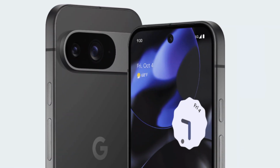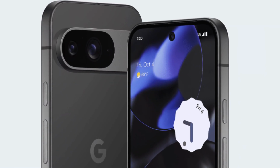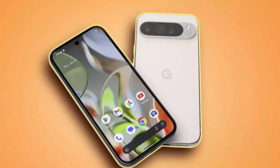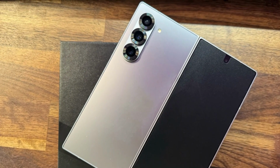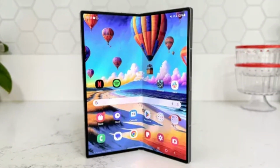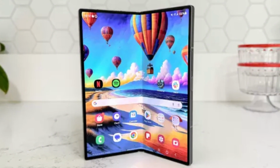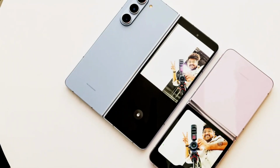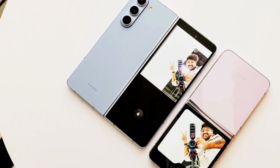If only some models get these upgrades, people buying the regular Pixel 10 or the foldable version might feel left out. Is being the thinnest foldable phone in the world really that important, or would you rather have better battery life and real improvements? That's the question people are starting to ask about Samsung's upcoming Galaxy Z Fold 7 and